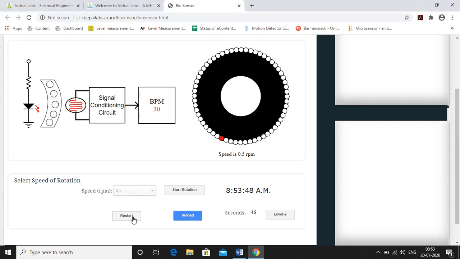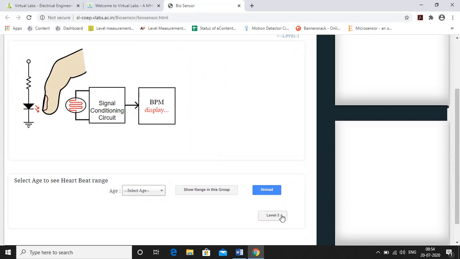Here you can see the seconds are decremented whenever the rotation is started, so you can wait until the complete rotation finishes. Here you can also observe the signal conditioning circuit for measuring the pulse rate in beats per minute. In this way, for different speeds, like I have selected 0.5 for speed measurement of a rotor, that's done. Now you can go for level 2, once level 2 is activated.